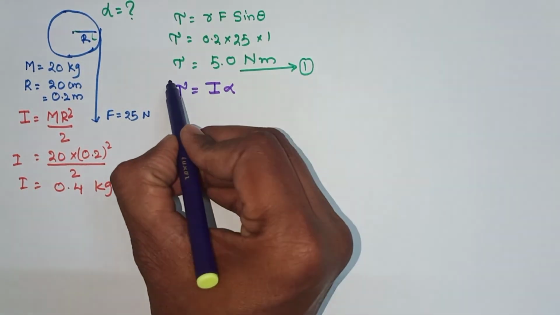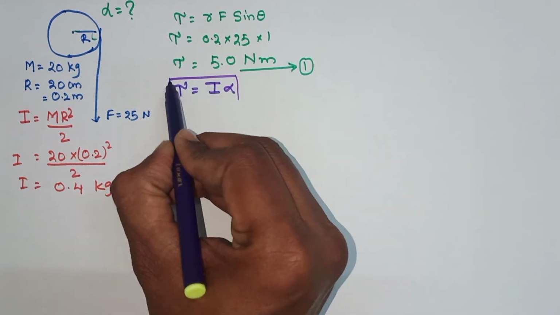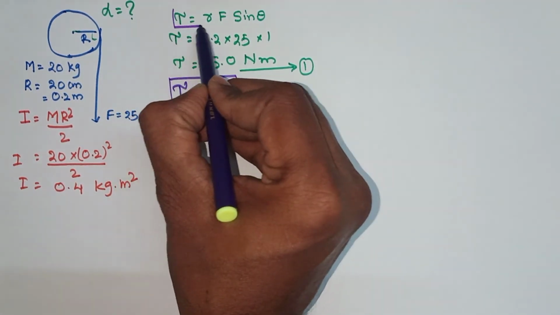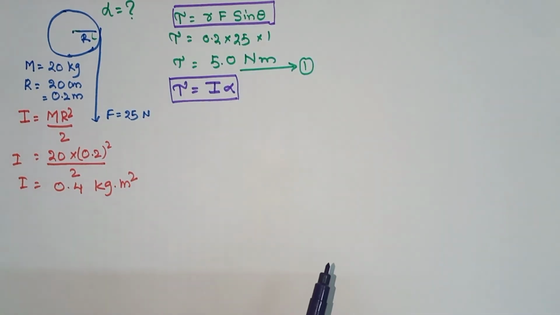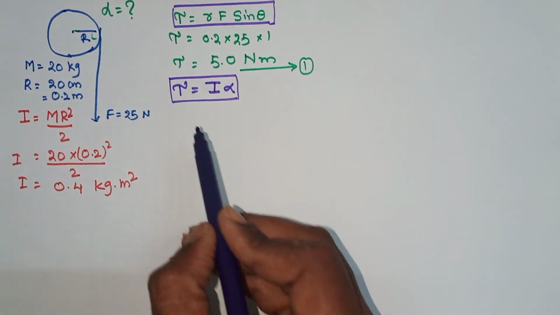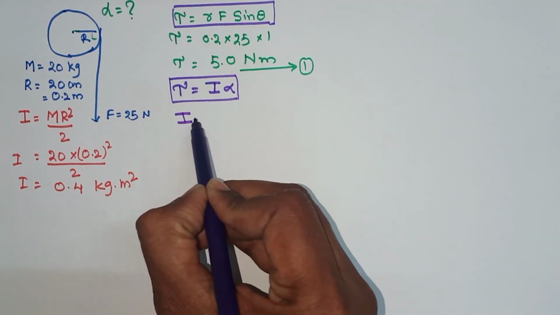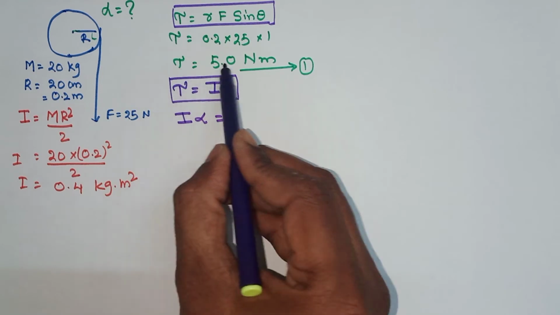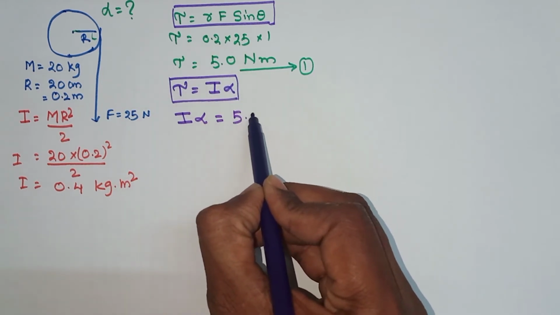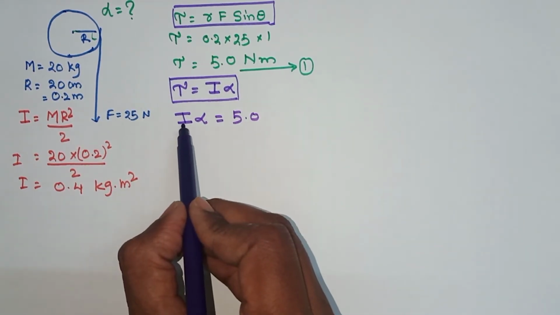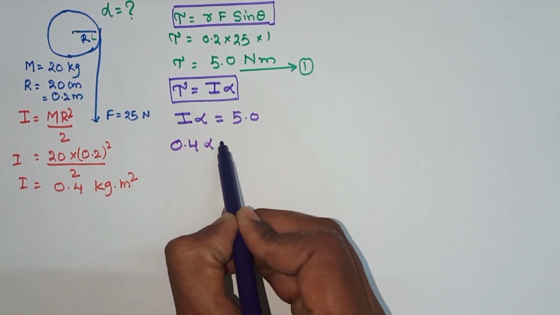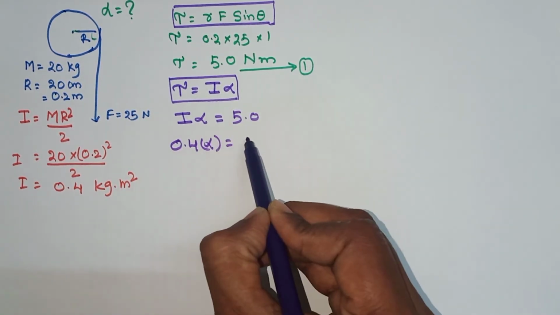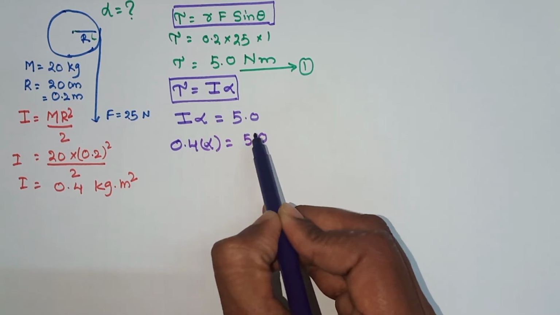So this is the other equation for tau, torque. This is an equation we learnt in the previous classes, tau = R F sin theta, right? Now I alpha, we obtained it as 5.0. We calculated 0.4 into alpha is equal to 5.0,